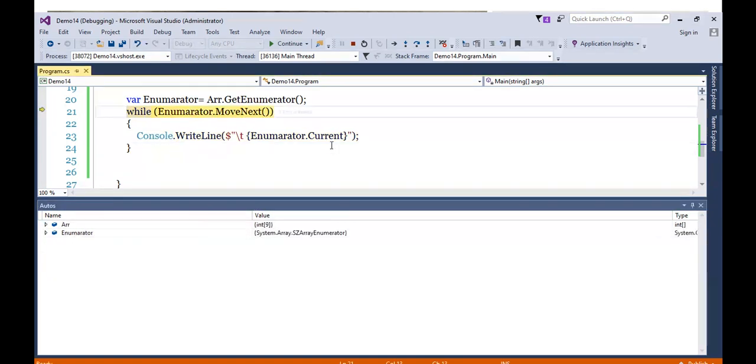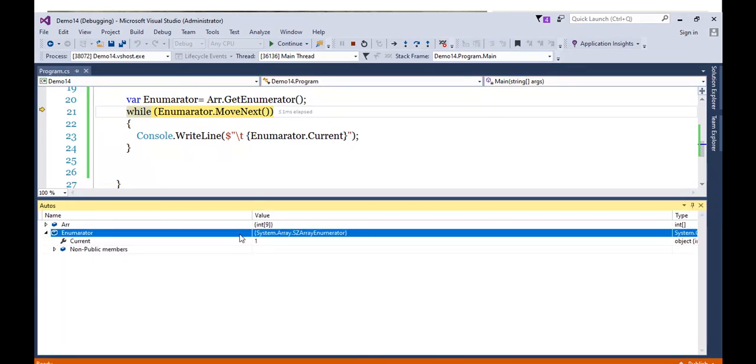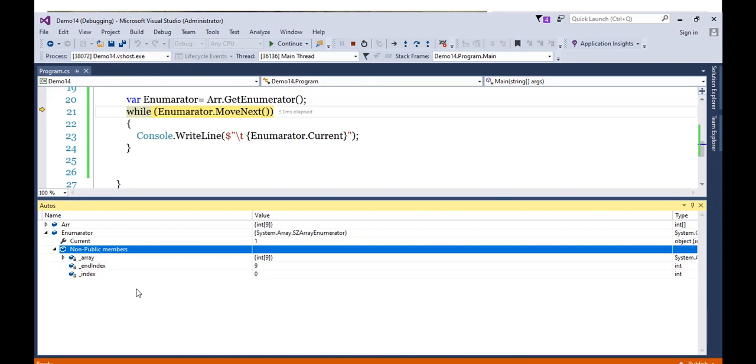Next, it will move the cursor to the second element, and now you can watch. The index value is still 0. The moment the cursor gets moved, it will be 1 and the Current property value will change.